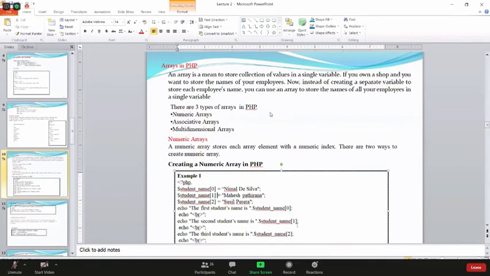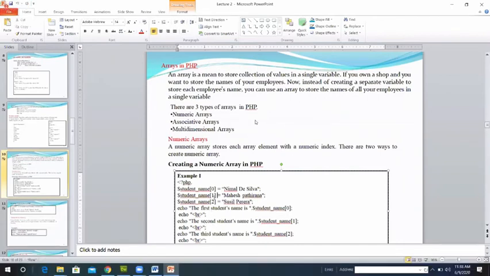Student name 0 means you can see the first student name. Then you can put the new line. The second student name index is 1. The third student name index is 2. Then all the student names you can display using the numerical array.